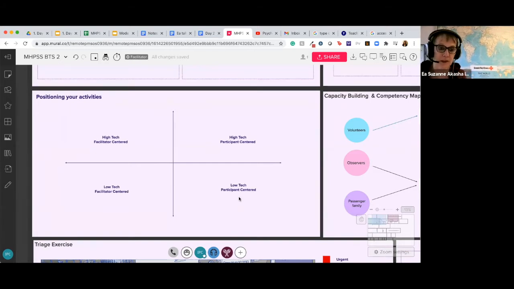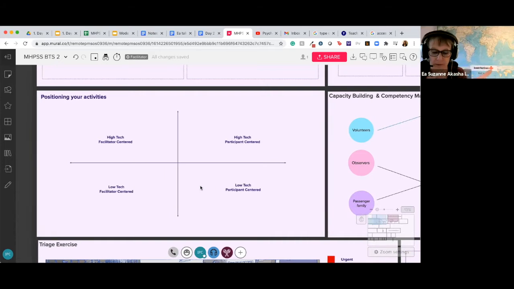So for the low tech facilitator centered, I thought of the PS Center that has developed, or somebody developed with us, an online training that can be done in many different ways. There's a video people can download. There's an exercise sheet so that they can watch the video, pause it where the instructor says pause it, and then they can do the exercises. So it is not very high tech, and they're being taught.